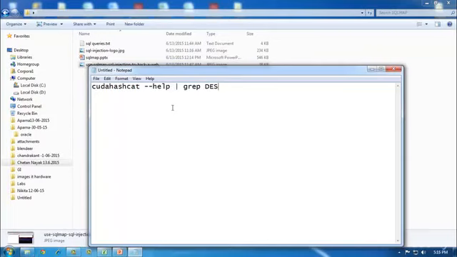I've saved the hash value over here in the DES hash file. The command that I would be running to crack our hash would be cudahashcat -m, and since it is 1500, I'll just type 1500. Since it is MySQL, -a 0, and then /root/SQL/des.hash, that is the place where our hash is, and then /root/SQL/